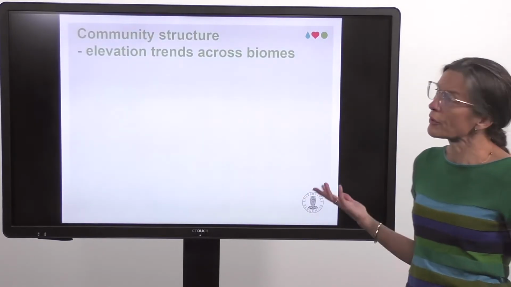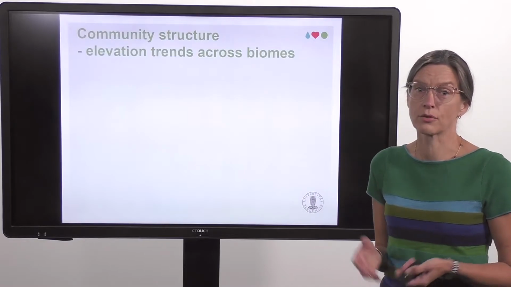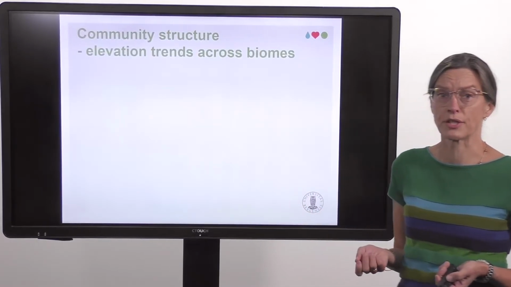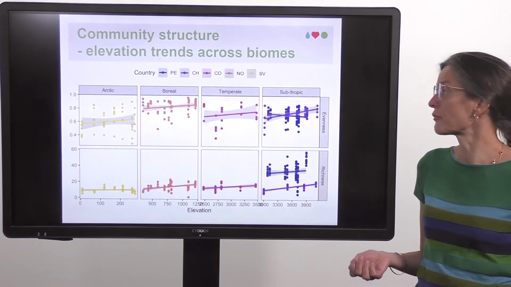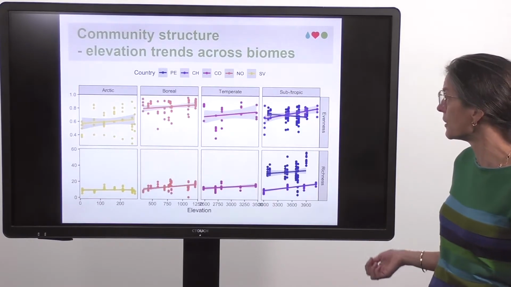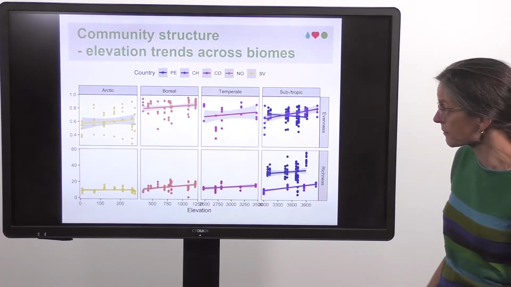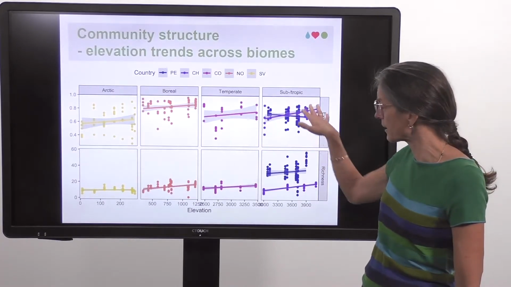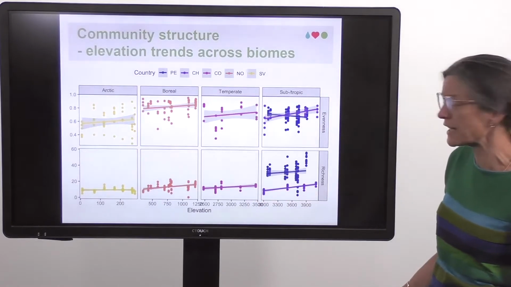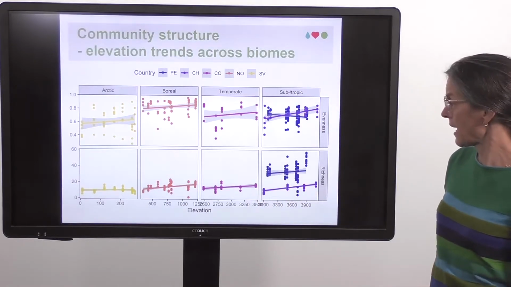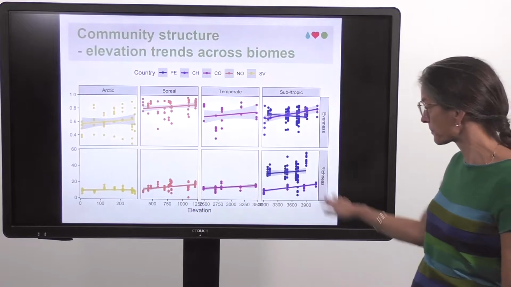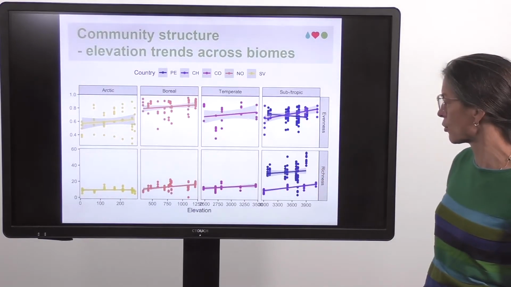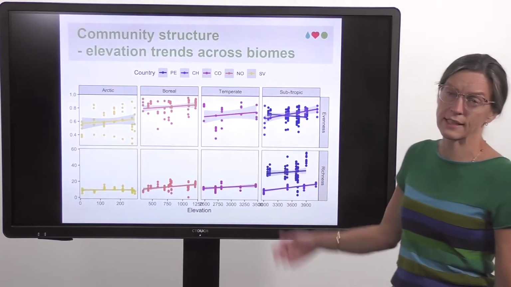And so the first thing we can do with these data is, of course, to do some basic descriptions of community structure and how this varies with climate within each region and across them. So, for example, we can look at things like community evenness that we have here, which tends to increase towards higher elevations in all our regions. And also species richness does the same. And then we have some patterns also across the sites, where the tropic sites, for example, are more species diverse than the Arctic sites.